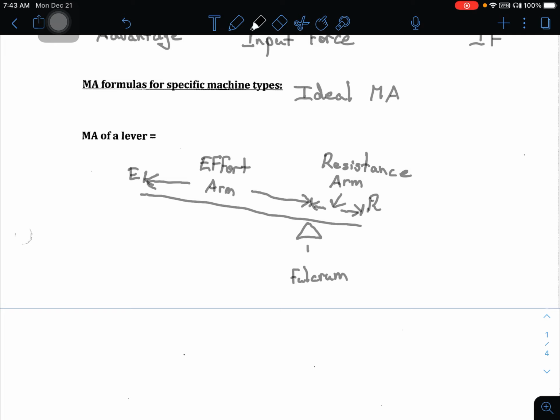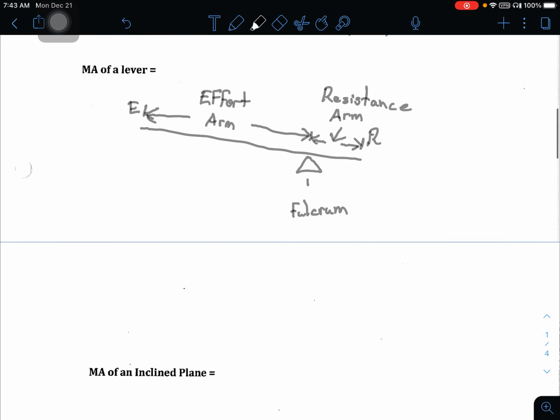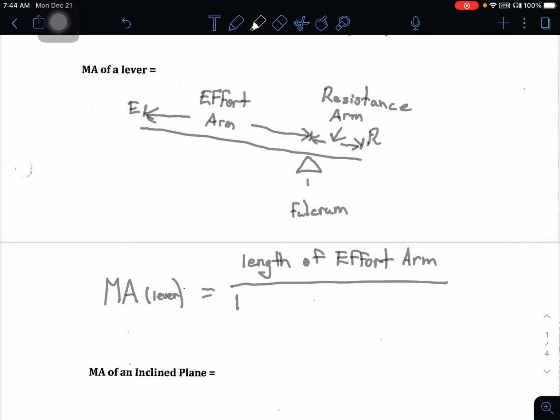So the longer and longer I make the effort arm, and the shorter and shorter the resistance arm, the mechanical advantage is going to increase. So the MA of a lever, MA, and I'm going to put in parentheses lever, is calculated by taking the length of the effort arm and I'm going to divide that by the length of the resistance arm